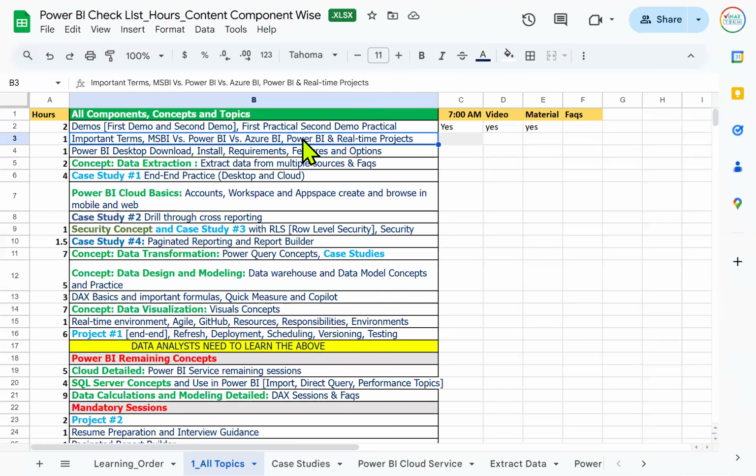Tomorrow's first topic is this: important terms, MS BI, Power BI, Azure BI, Power BI real-time projects. This was the first regular class tomorrow. The basics. Slowly we build up: Power BI Desktop, first concept, case study 1, end-to-end practice, cloud basics, case study 2, security concept, case study 3, page-related reporting, case study 4, and again concept, subject.